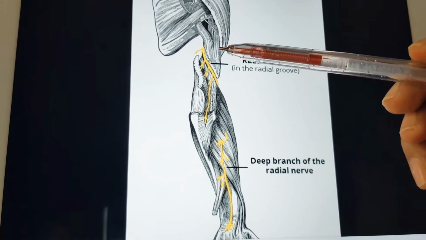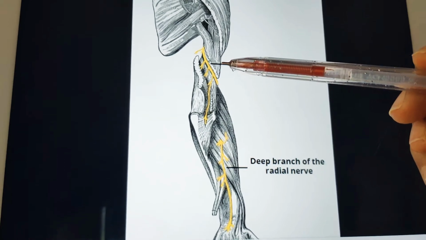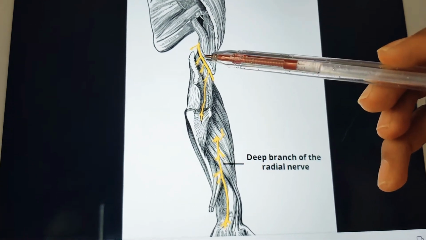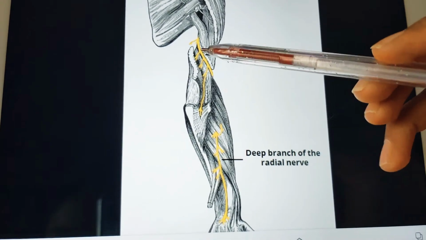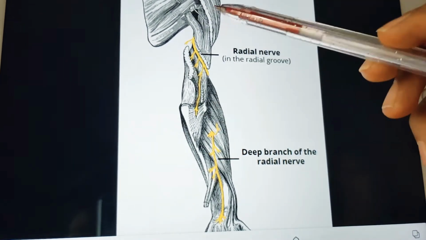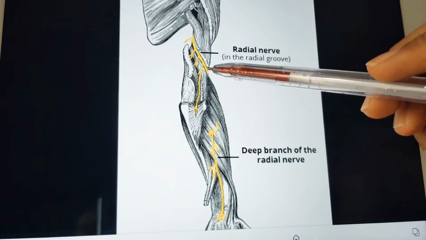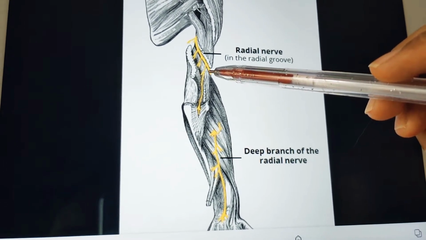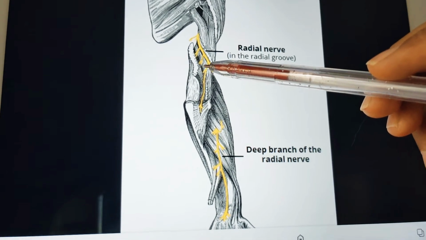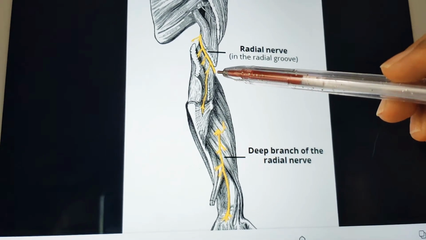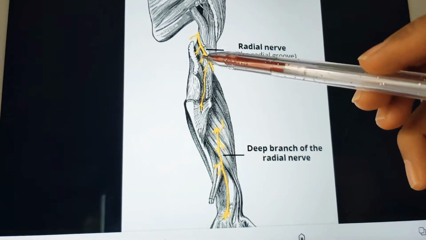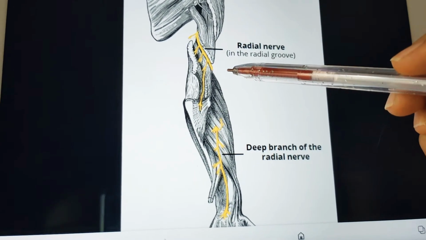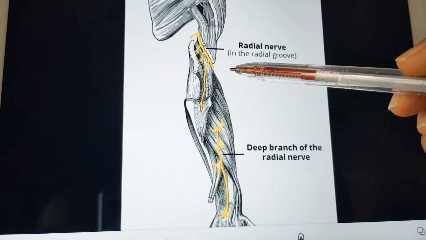It leaves the brachial artery to enter the lower triangular space and mainly reaches the oblique radial sulcus on the back of the humerus. This is the oblique radial sulcus, which is on the posterior side of the humerus. So this nerve reaches the lateral side of the arm. From here, this is the medial side, right? And this is the lateral side. It reaches the lateral side of the arm, okay?